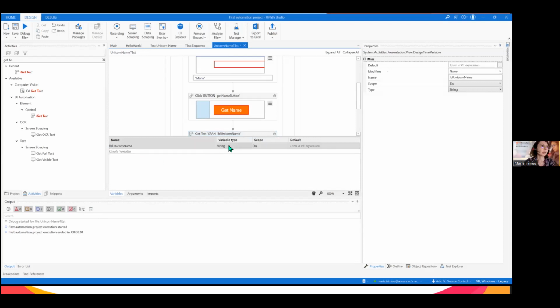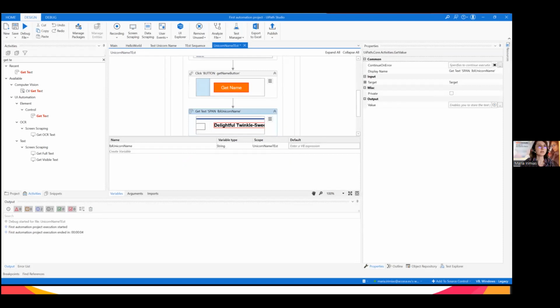For example, I provide the string and its scope. I want a higher scope, at the entire work sequence scope. I can do it like this, declaring the variable, or if I choose my activity, there are shortcuts like Control-K, and you can set the variable directly here and it will be automatically defined.